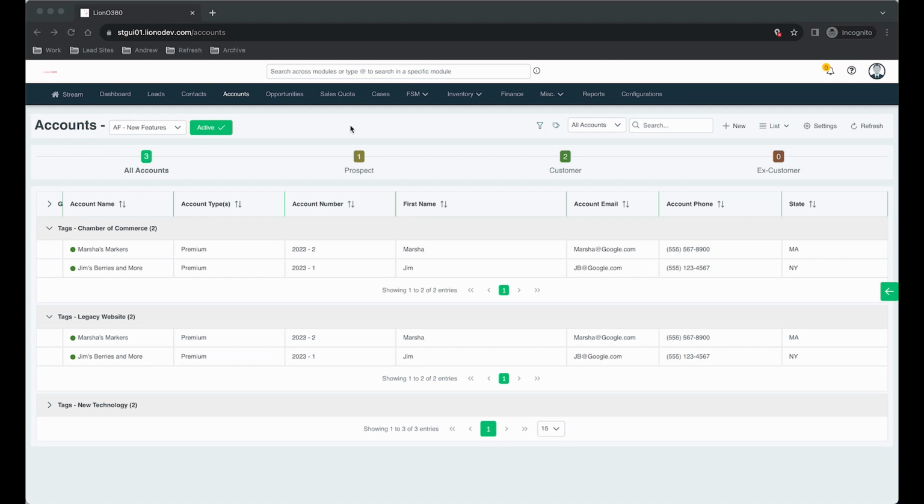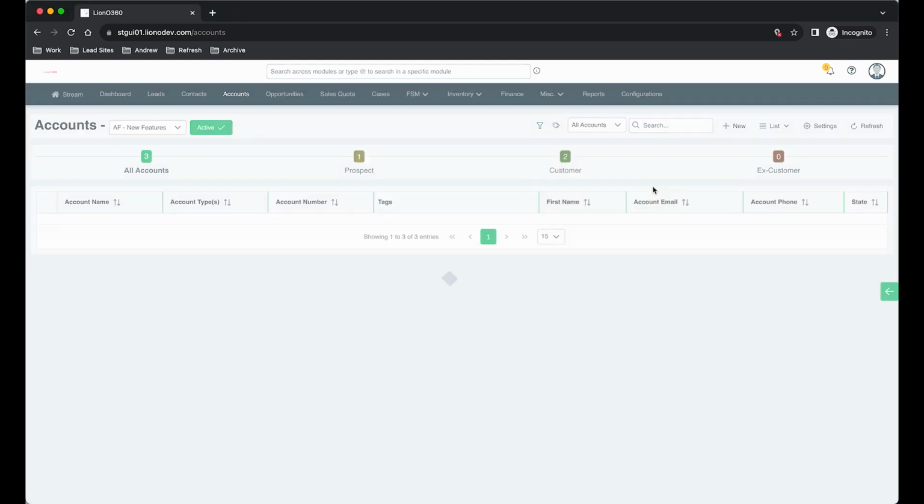Also new in LionO360 are the notions of filtering and grouping. As you can see in the accounts module, I have a couple of groups applied. Let's redo this so that you can see exactly how this works. But before we do that, I'd like to show you how the filter option